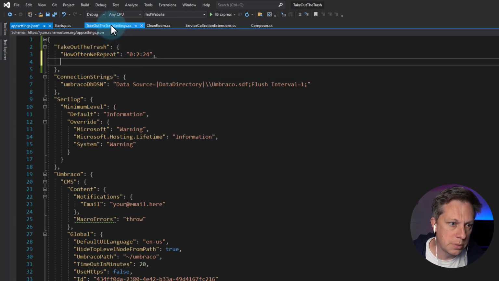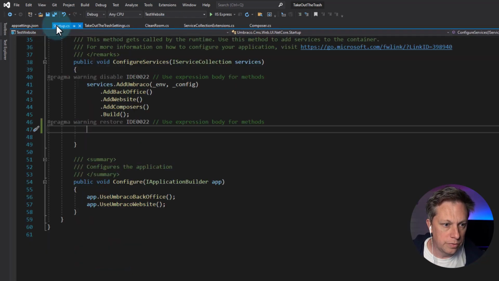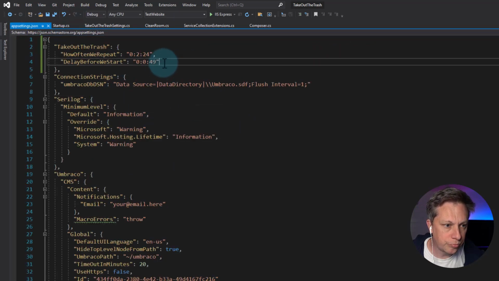And the other property is delay before we start. So we could set that to, I don't know, 0, 0, 49. Can't remember what we set it in config or in code configuration. Okay, we've removed it. So these values should now flow through,